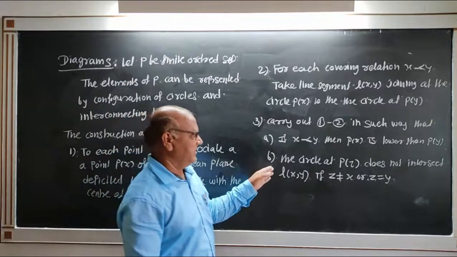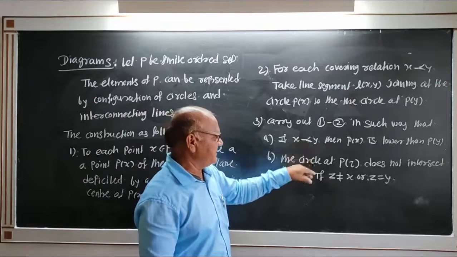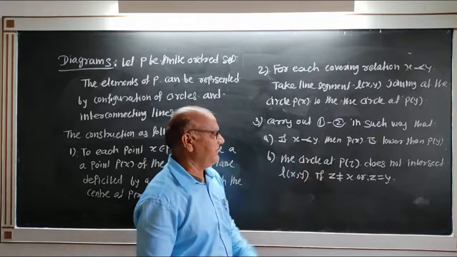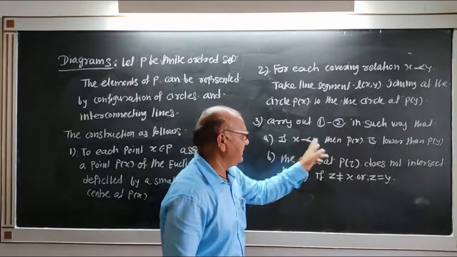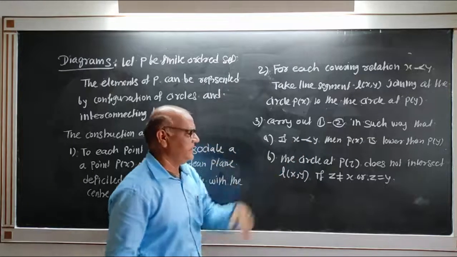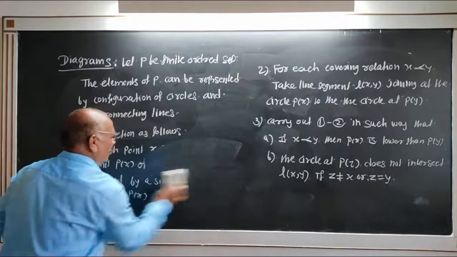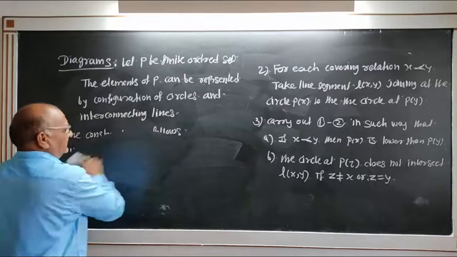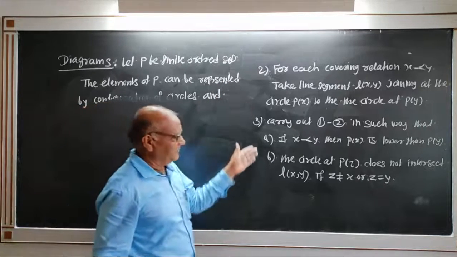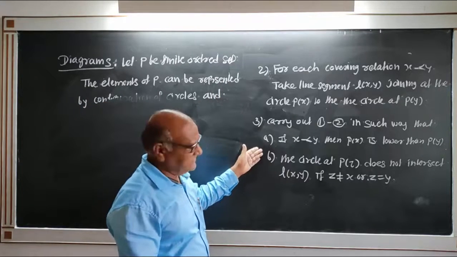That means if x is covered by y, then there is no element in between or on the line joining x and y. And if these three conditions are satisfied,